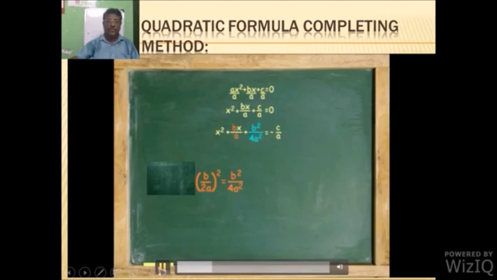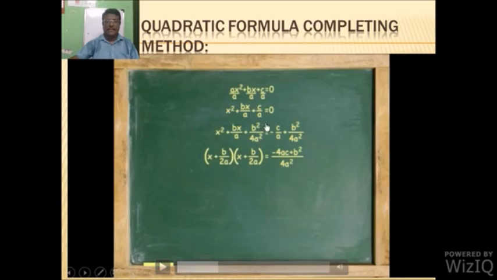The simplification is shown by the variation in colors. You can notice that the blue color is added on both the sides, b square upon 4a square. So look at this left side. Left side is a perfect square. We can check with the multiplications, x into x square, and b upon 2a into b upon 2a, b square upon 4a square. That simplification will be shown now. And on the right side also, taking LCM, minus 4ac plus b square upon 4a square, and after that you can take square root of this. That simplification can be shown by variation in colors.